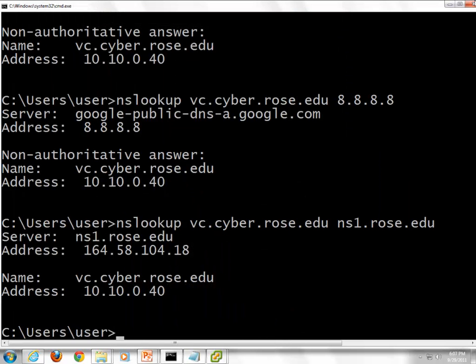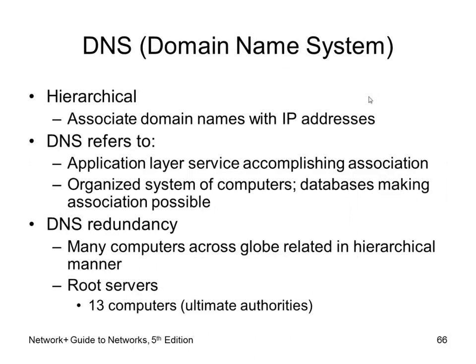So, let's minimize a couple of these things. So, I showed you the 13 root servers. Those are the guys in charge. If they get corrupted, if all 13 of them go down, we're kind of out to lunch. Because then it's like, I don't know who to call. Call Ghostbusters. What? They're out there somewhere. Yes, they are. They're located throughout the world. There's a couple in the United States. There's one in Asia. There's one in Europe. There's one out in South Africa.